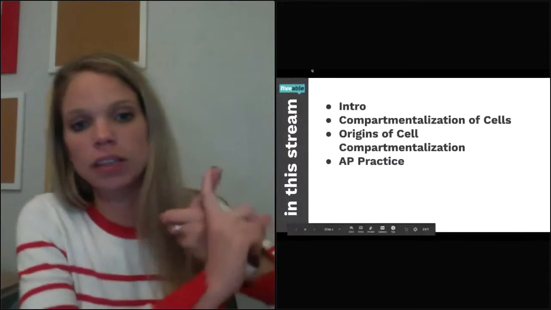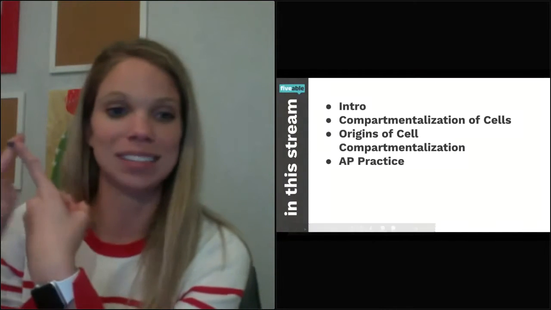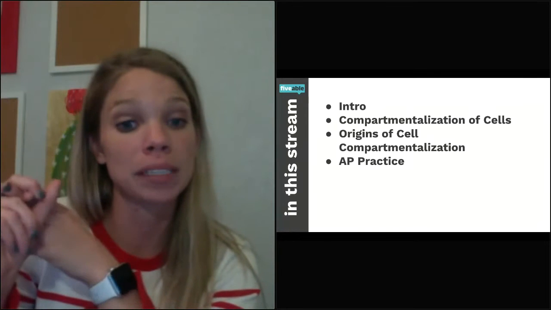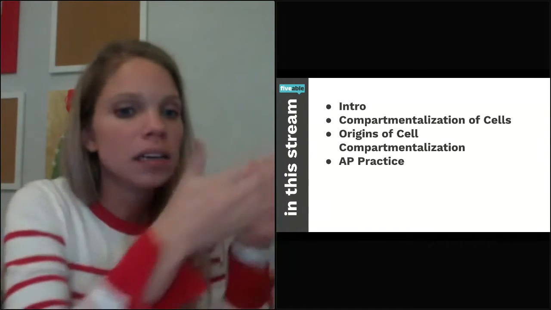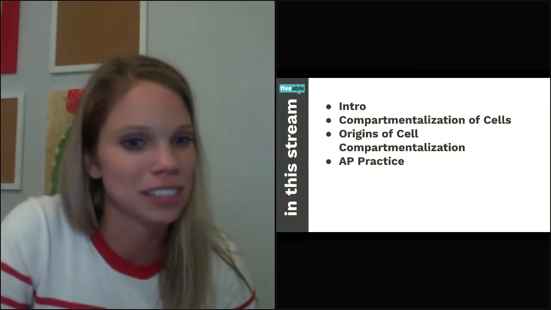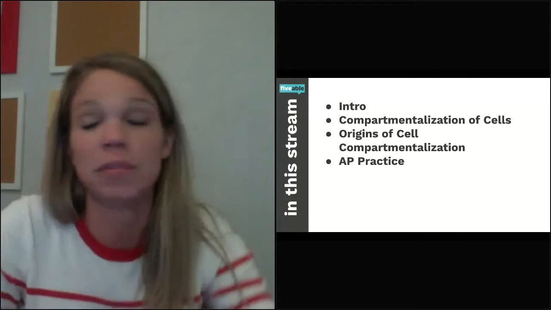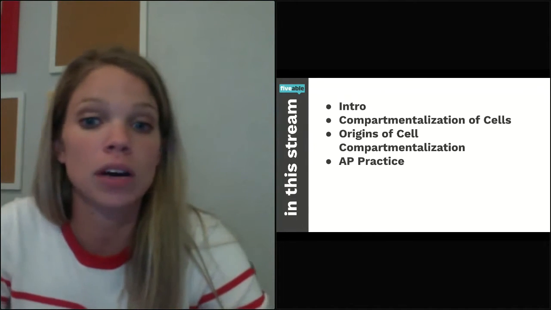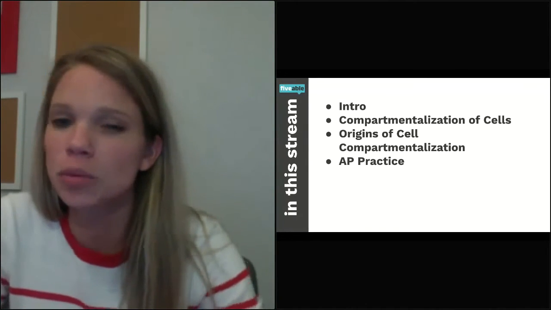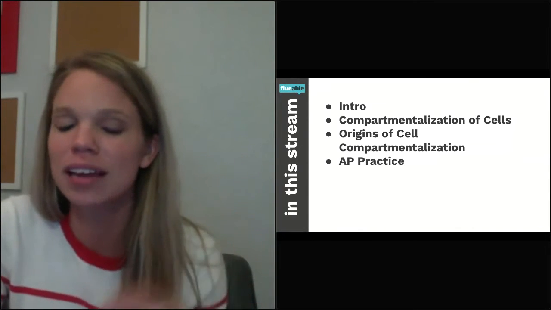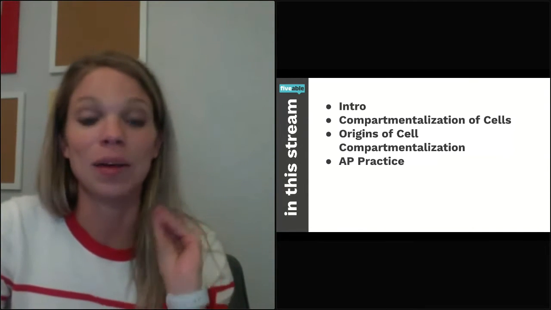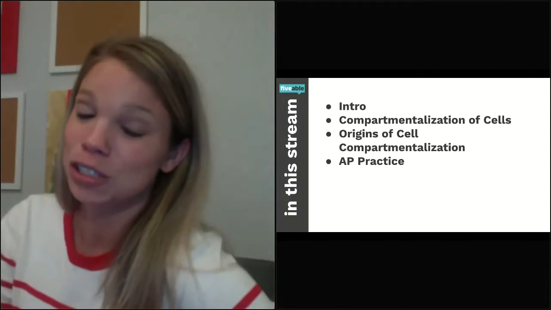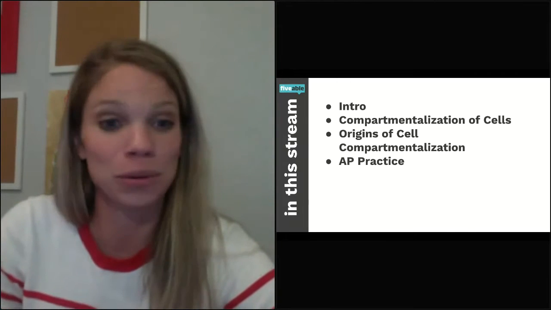So we just did our cute little intro where I plugged all the things about me and Fiveable. Gonna talk about compartmentalization, compartments. It's like the container store, your cells. They all have their individual little containers. If you've never been to the container store, find one. It's awesome. But then we're also going to talk about the origins of cell compartmentalization. So when did it start doing that? Why did it start doing that? And full warning, when I was in college studying biology, I spent a lot of time on this. So I'm going to nerd out, and I'm going to need you to nerd with me.